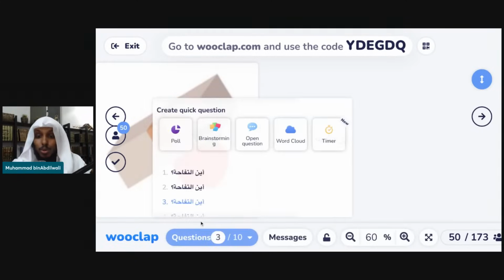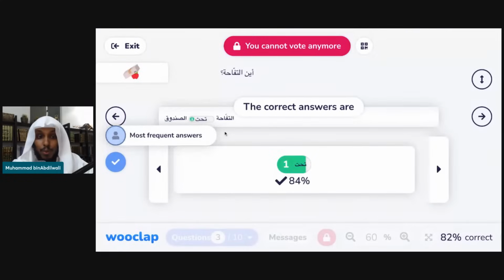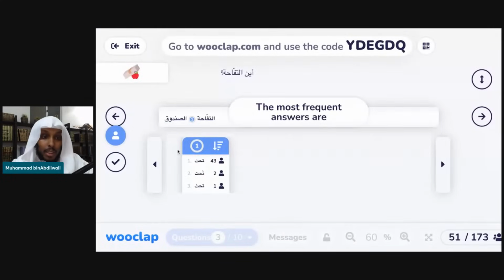Correct answer is تحت. MashaAllah. You see, a major improvement from before. You guys are getting the hang of it, MashaAllah. تحت. نعم. All right. Let's quickly talk about the verbs and then we're done. These were the prepositions. In terms of the verbs, we have,